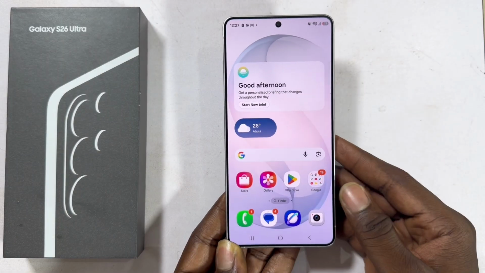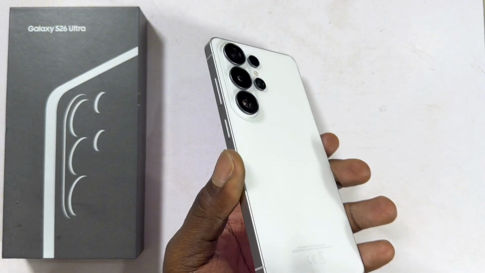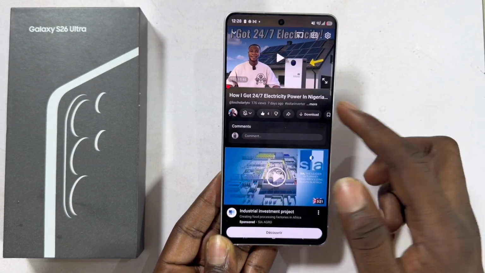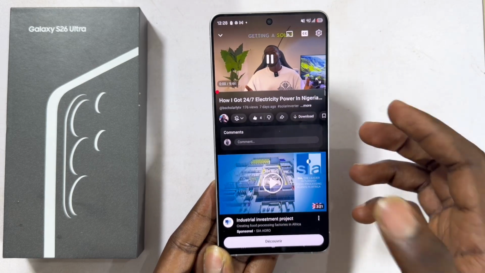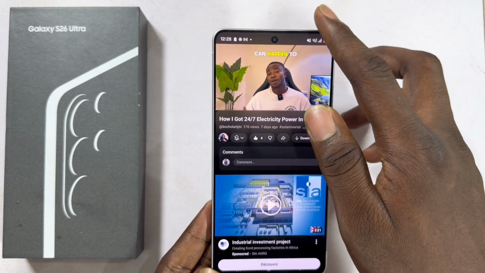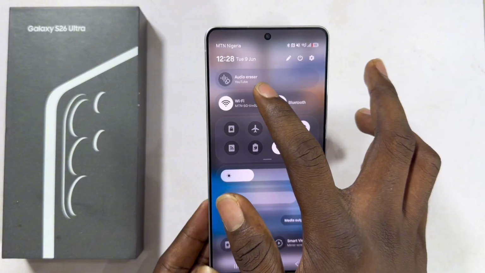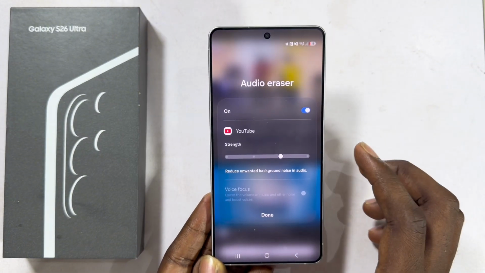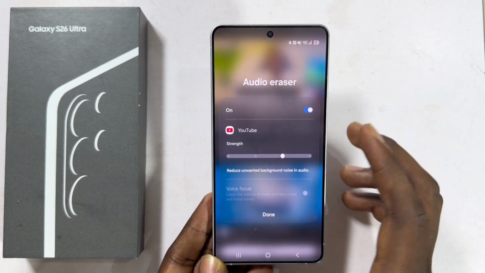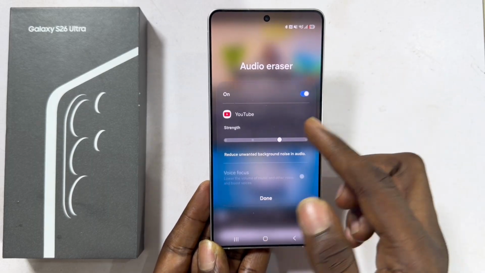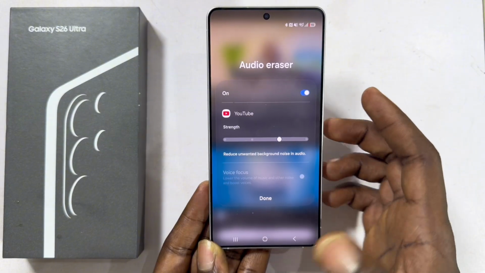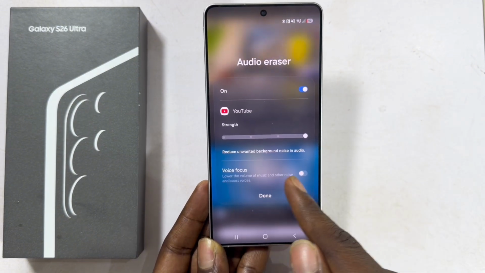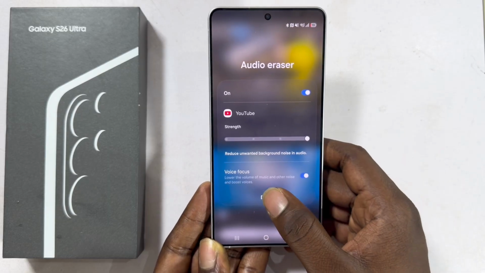Another cool and interesting feature I recently found out about the Samsung Galaxy S26 Ultra is that whenever you try to play a video on YouTube and you find out that the audio of that particular video is not so good, you can swipe down through the control center, tap on the audio eraser feature, and once you turn this on, it automatically enhances the audio quality of the video you're watching on YouTube. And even more interestingly, you can choose to maximize the audio erasing feature as well, so you can increase it more and even choose to turn on the voice focus, which helps you get the best audio quality